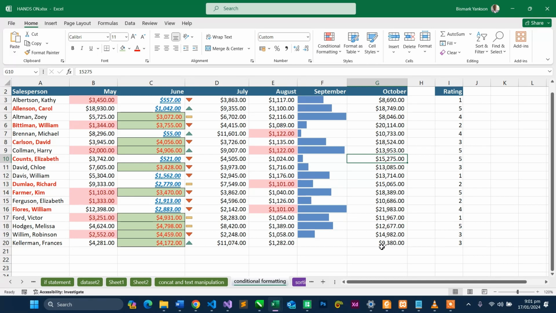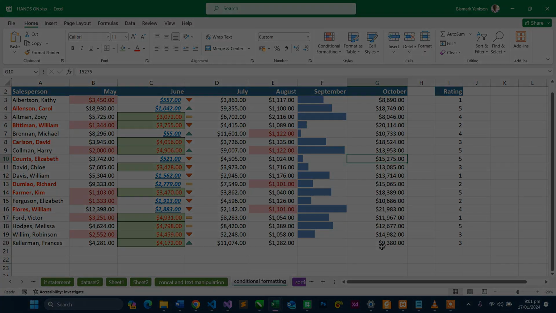So that brings us to the end of linking data across worksheets and workbooks. Oh, we didn't do workbooks, but don't worry, it's the same logic. When you get a workbook, you can still go and reference that workbook and bring it to your other workbook. Then conditional